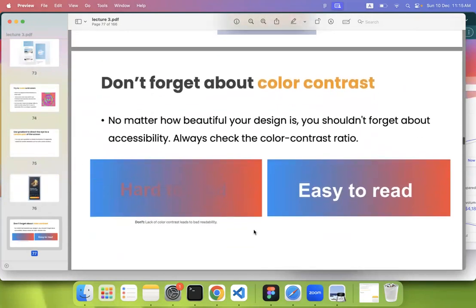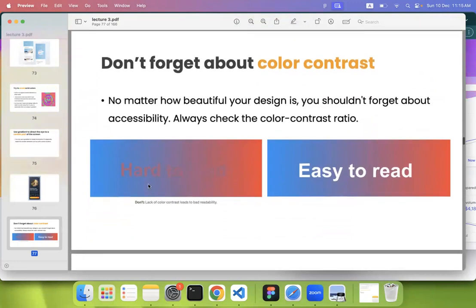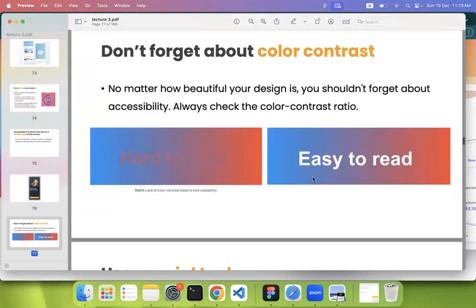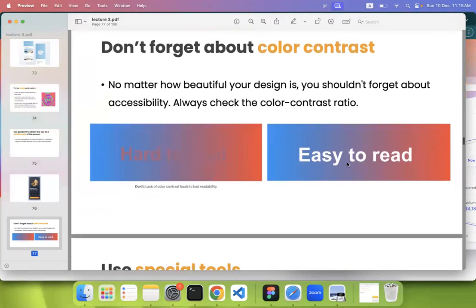Don't forget about color contrast. No matter how beautiful your design is, you shouldn't forget about accessibility. Always check the color contrast ratio. So if you have a gradient background and text in this color, it is really hard to read. Then it lacks contrast and is hard to read. But if you add a contrasting color like white to your text, it is really easy to read, and